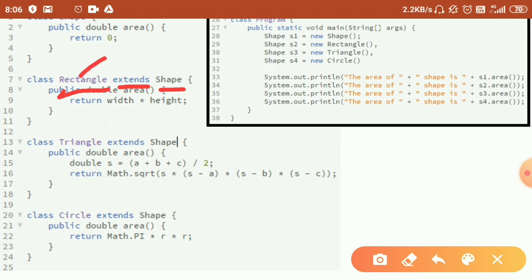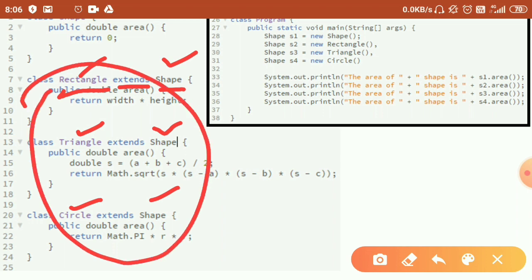So rectangle is inheriting from shape. Similarly, triangle is inheriting from shape, and circle is inheriting from shape. So these three classes are the derived classes deriving from the shape class.